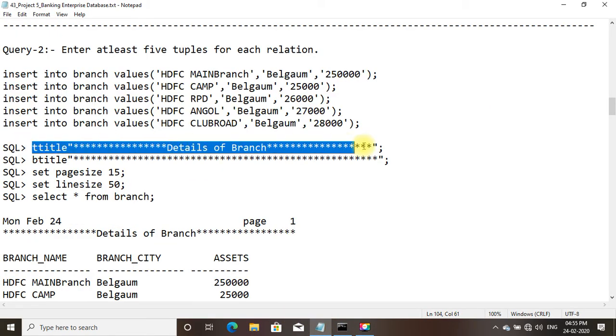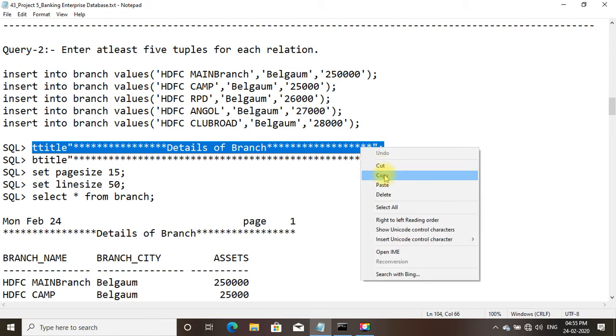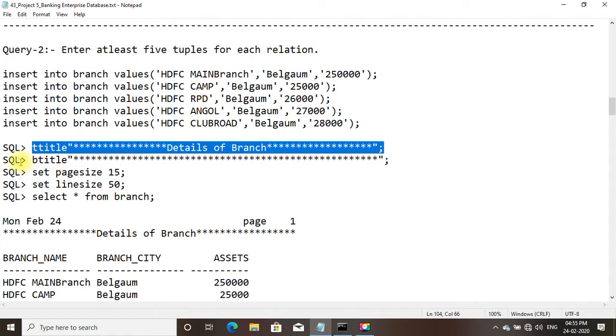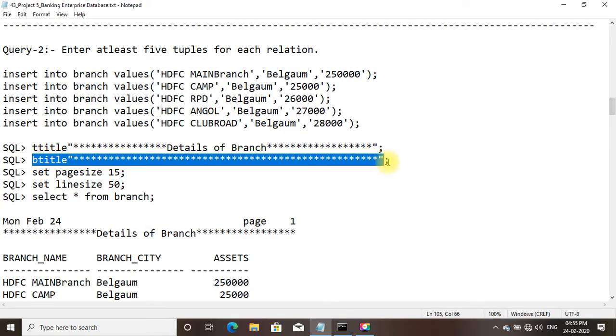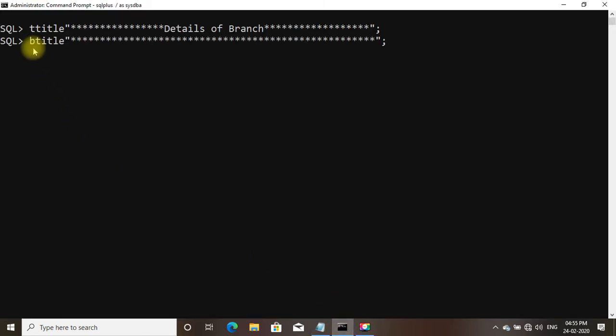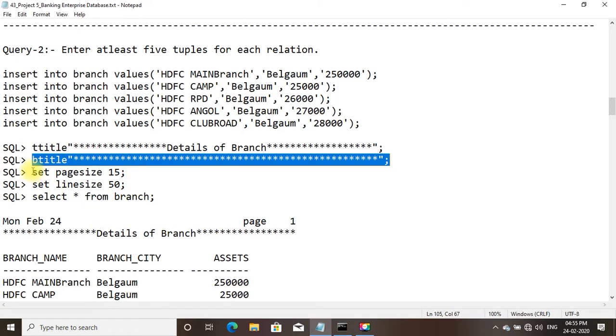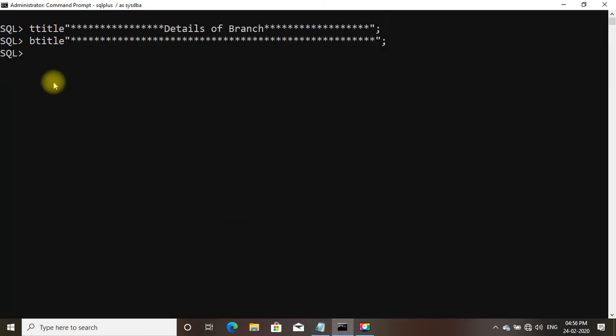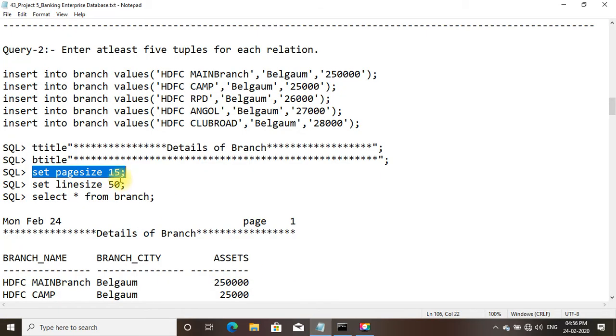Now we shall set the t title to details of branch. And also we need to set this b title, that is bottom title. Now we need to set page size and set the line size.